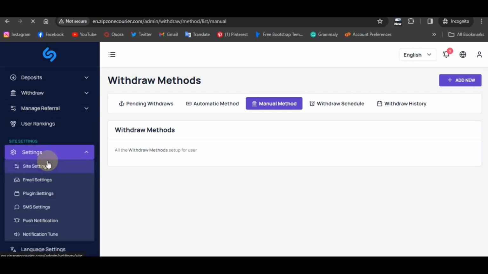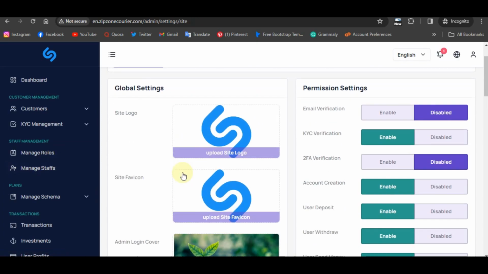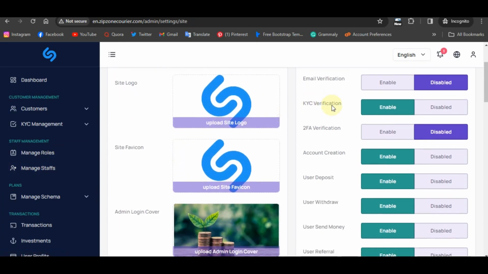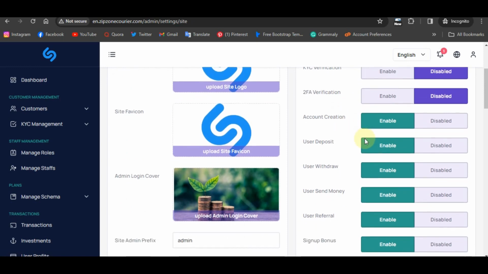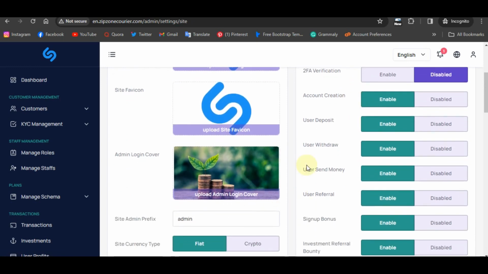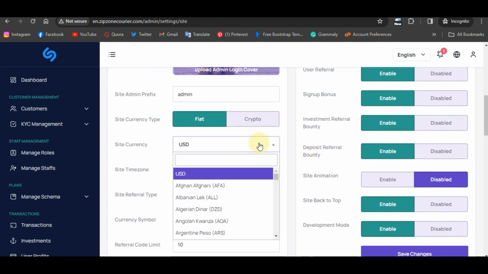This is the most important part of your website. So here is change your logo. You have to turn off email verification. If you disable KYC, it's going to be disabled for your site. So your images, your color, your